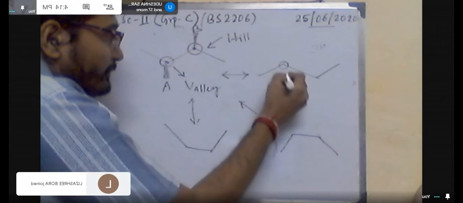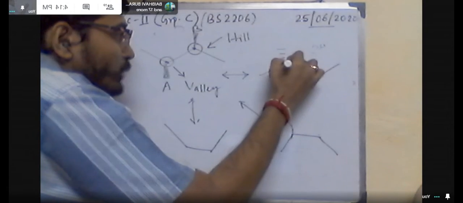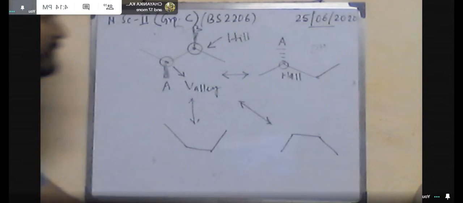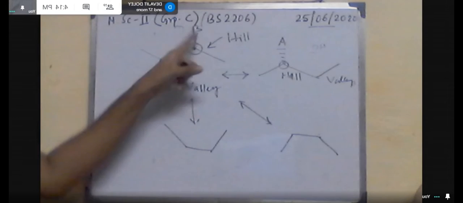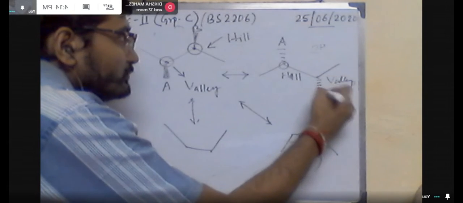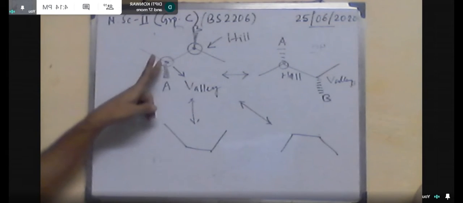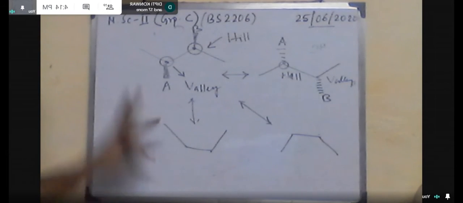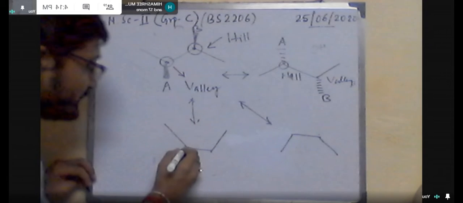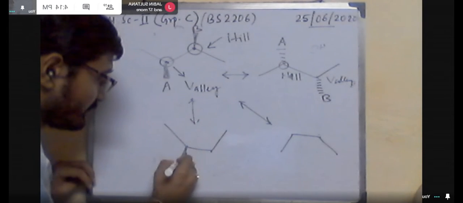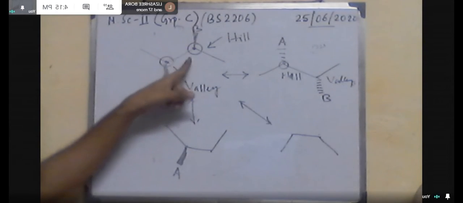So here during this interconversion, the configuration of the chiral center will never be changed. You have to keep in mind, after formation of the product, the chirality or the configuration of the initial chiral center will remain fixed. This is our target. It will remain fixed throughout the reaction, and after completion of the reaction, the newly formed chiral center which is generated, if you want to exchange the position, then you have to also fix the chirality or the configuration during this interconversion.